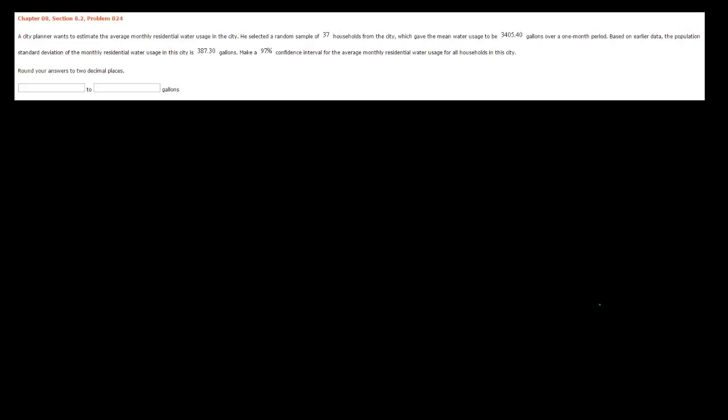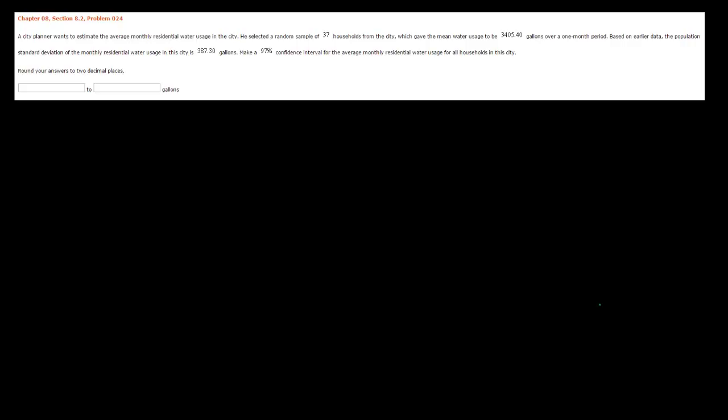Alright, so we want to look at a confidence interval exercise. This is actually out of your homework in Wiley Plus. And here's a good example of an applied situation. It says a city planner who wants to estimate the average monthly residential water usage in a city selected a random sample of 37 households and found that sample mean water usage to be